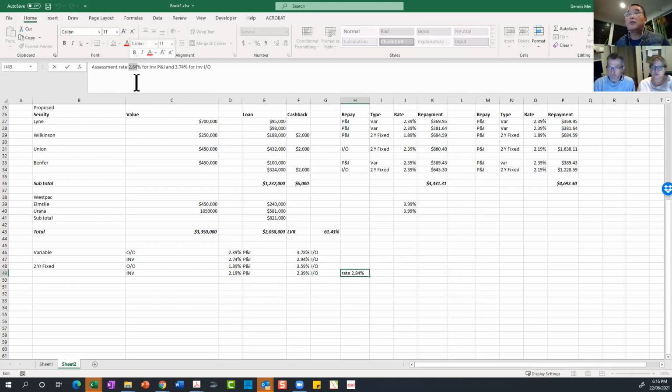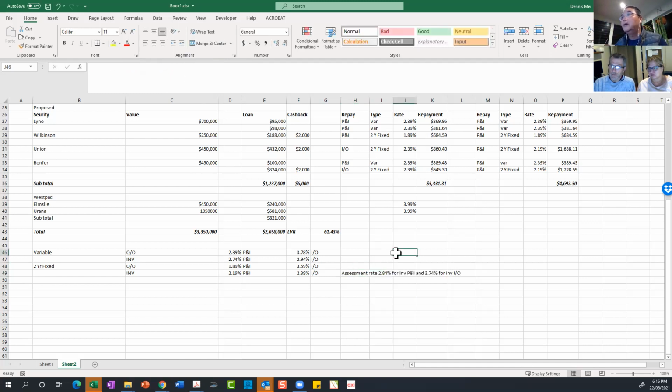Yeah, that's a base rate. It's assessment 2.84. However, for investment interest only, the rate is 3.74. It's 0.9% higher. So if you take this option, everything else the same, you will borrow less because the calculation interest rate is higher. So that will impact how much you can borrow. Of course, the repayment is higher. For example, if we take this option,